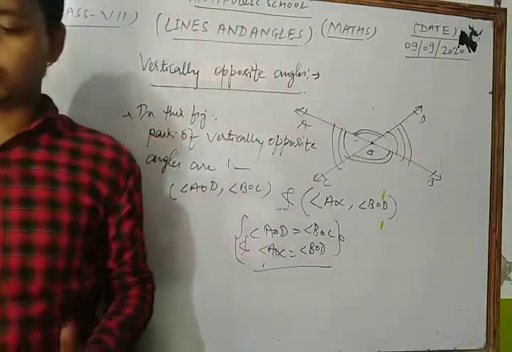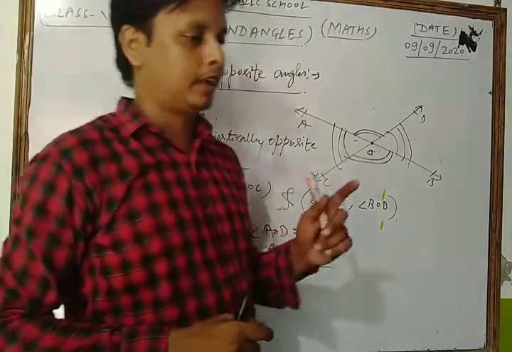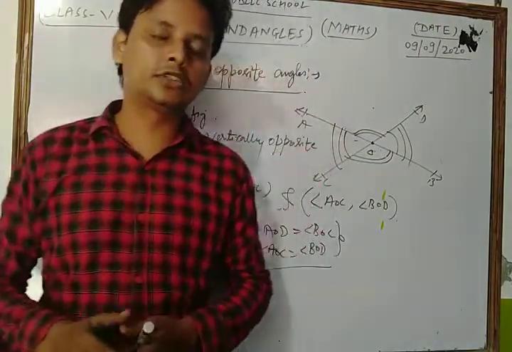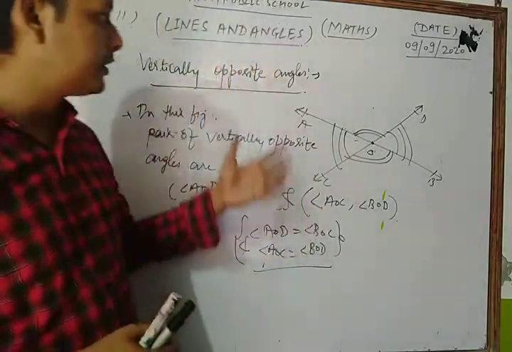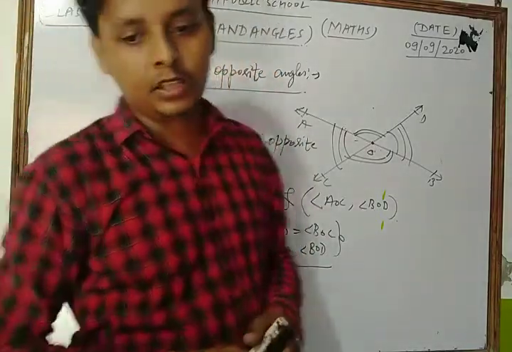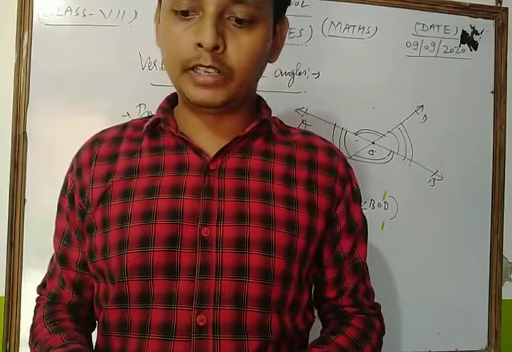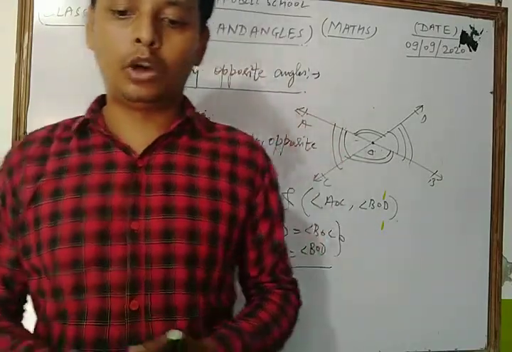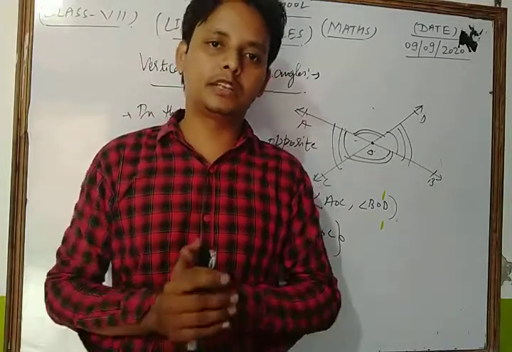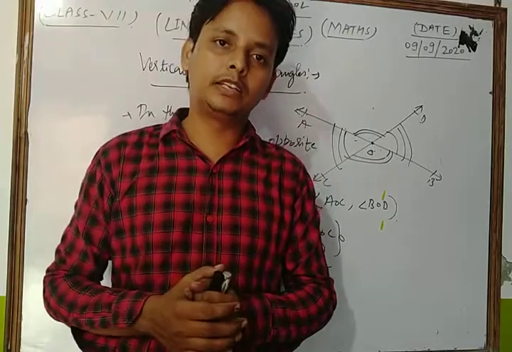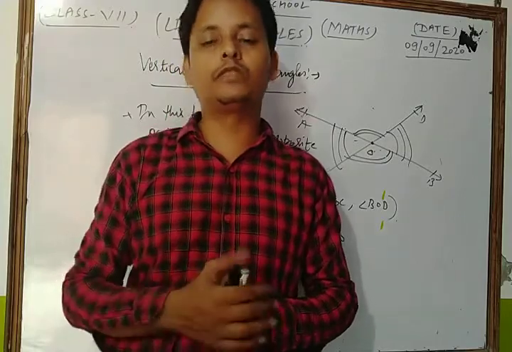So dear students, in this way we discussed the complementary angles, the supplementary angles, the adjacent angles, the linear pairs, and finally the vertically opposite angles. All are very important topics for you. Now dear students, we take and solve your exercise 5.1 because all topics are discussed. Now you can complete exercise 5.1. Now we solve some questions based on this exercise. Let's see.